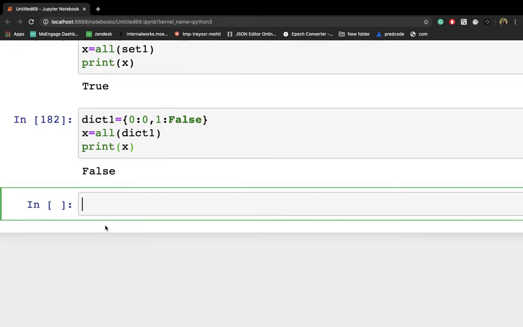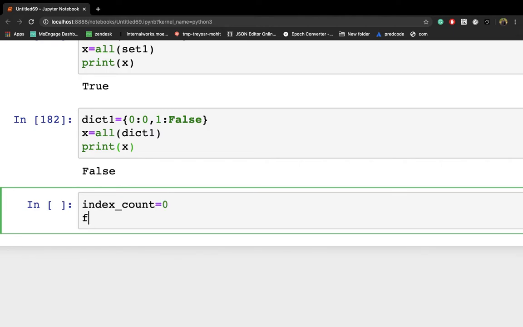So let's see how exactly we're going to use this while writing code. Let me show you how you can achieve the same desired result if you are not using the enumerate function. I'm writing index count, which is a variable name, and I'm initiating it with 0. Then I'm writing a for loop.